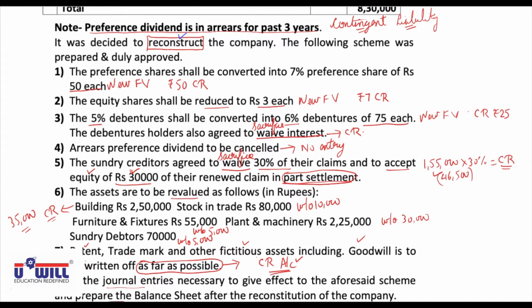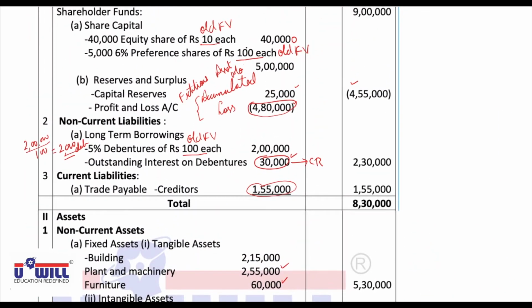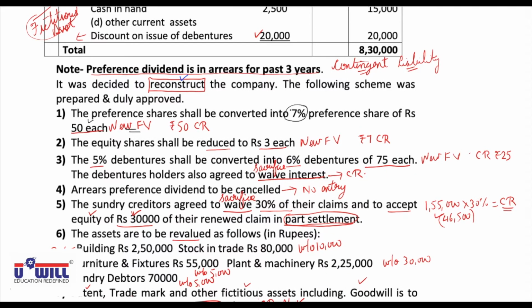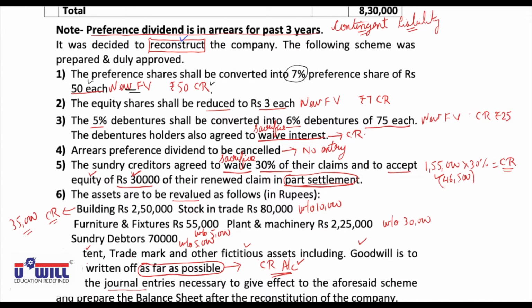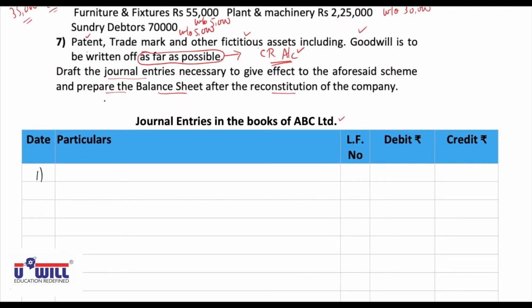as the first adjustment is the preference shares shall be converted into 7% preference shares of rupees 50 each. So as we discussed, this 50 is the new face value, 100 is the old face value, 5,000 preference shares are there, 6%. Okay, and 6% is also converted into 7%, and the 50 rupees they sacrifice will be transferred to capital reduction. So 6% preference share capital, all of you must be writing it,